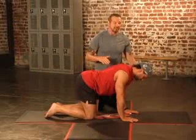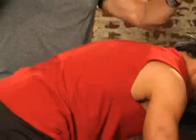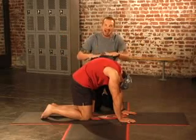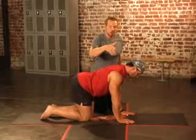Inhale in the cat lift, lift your head, roll your shoulders back, pull your belly to the ground. Exhale, cat arch, drop your head, arch your back, tuck your tailbone. Beautiful. Now, come back in a table, and I want you to make sure your right hand is right underneath